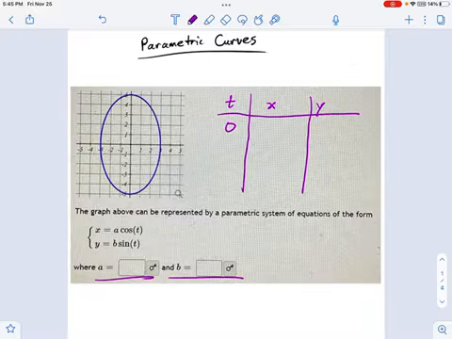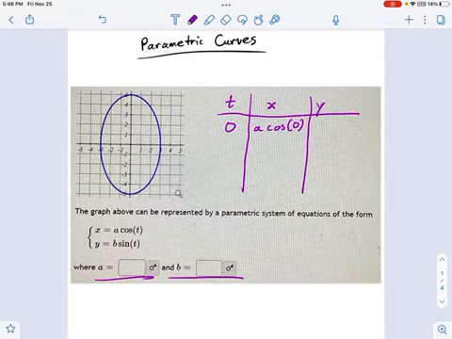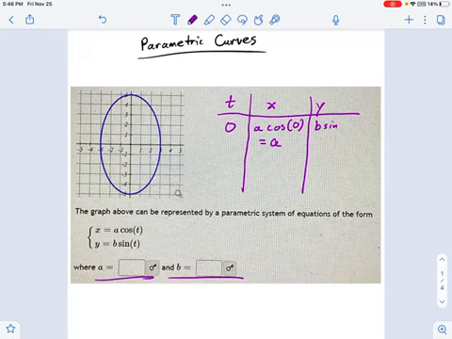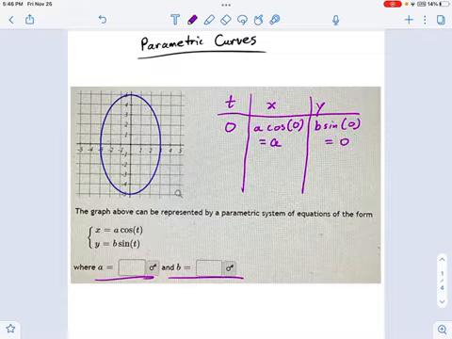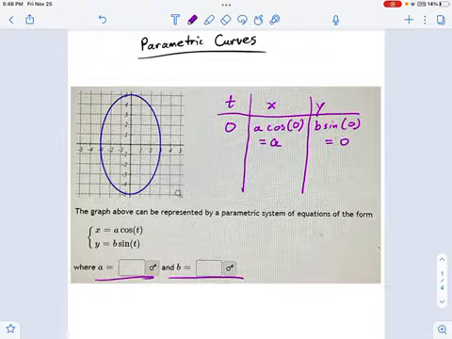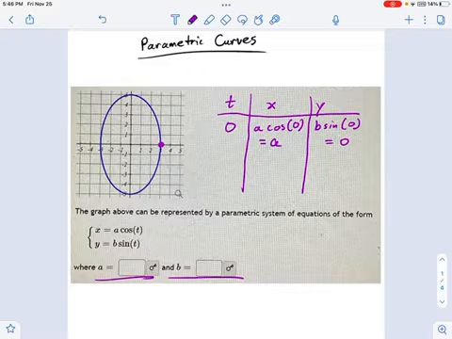So if t equals 0, let's see what we get here. X equals a times cosine of 0. Now, if you've been through trigonometry, you know that cosine of 0 is just 1. So in other words, that's a. Okay. Well, how about y? This is going to be b times the sine of 0. Okay, so that's going to be, well, sine of 0 is equal to 0, so this just turns out to be equal to 0. And where does it look like this point is on the curve? Y equals 0, x equals a. Well, it could be right here. I think that would be a very good answer for this.